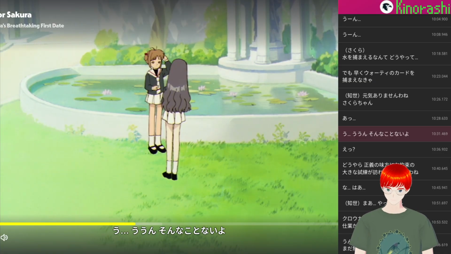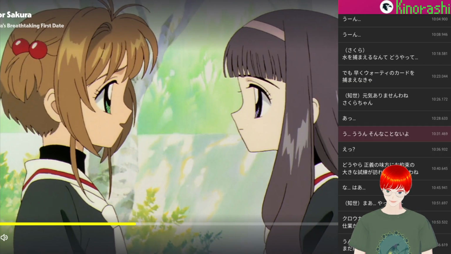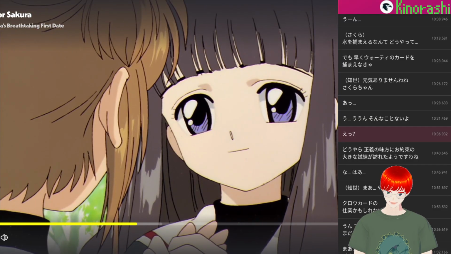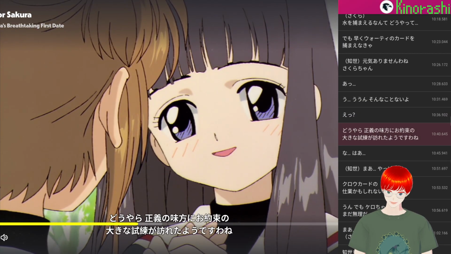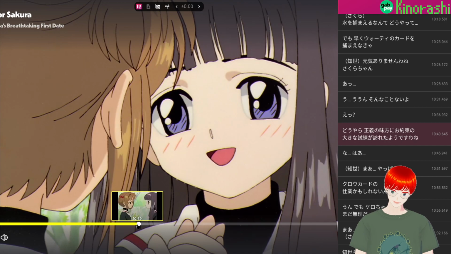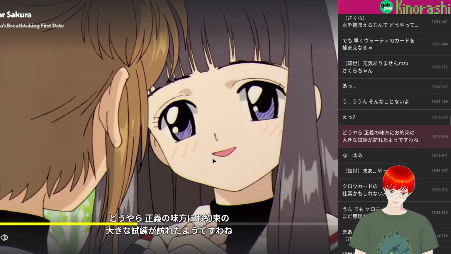そんなことないや。どうやら正義の味方にお約束の大きな試練が訪れたようですわね。どうやら